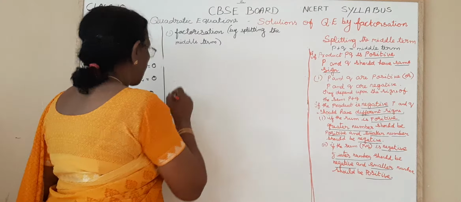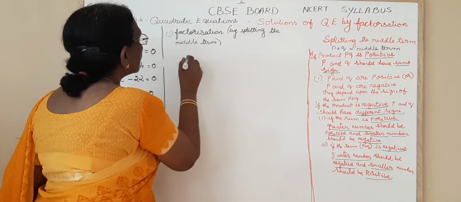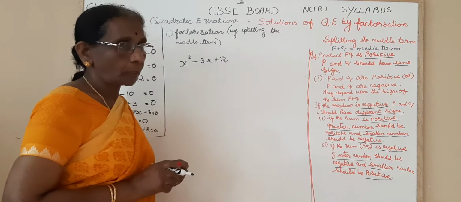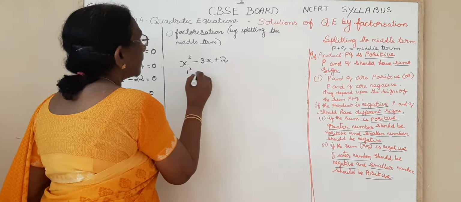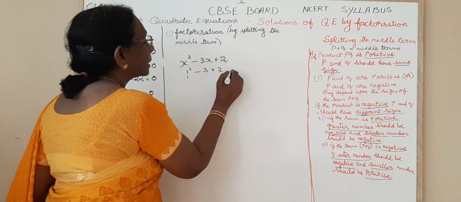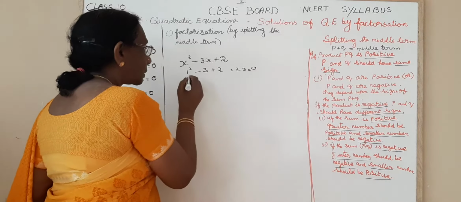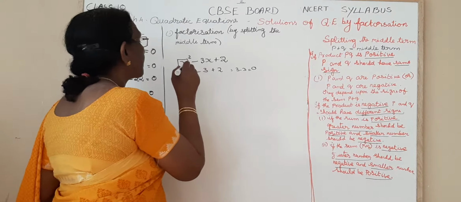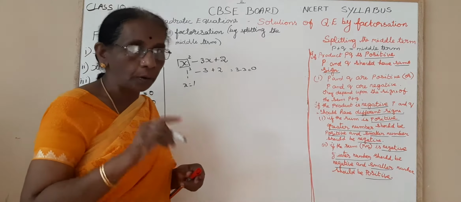Suppose you are given a quadratic polynomial x squared minus 3x plus 2. So what is the 0 of this polynomial? Suppose you put 1 for x: 1 squared minus 3 plus 2. 1 squared is 1, 1 plus 2 is 3, and 3 minus 3 is 0. So 1 is the value of x we gave. X is equal to 1. When we substitute x as 1, we are getting 0. Therefore 1 is a 0 of the polynomial.